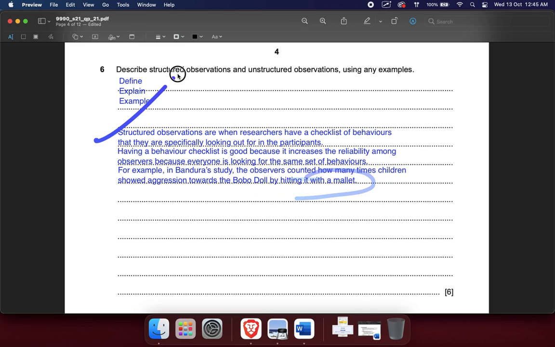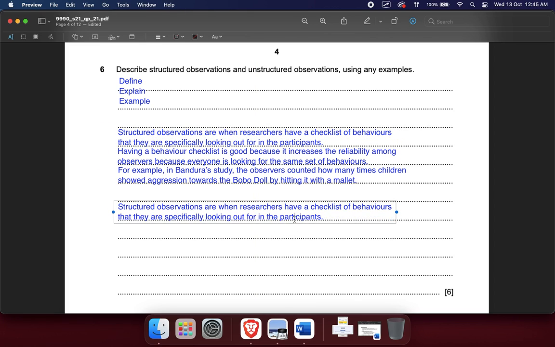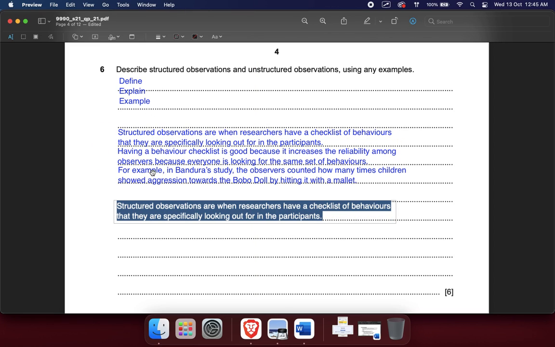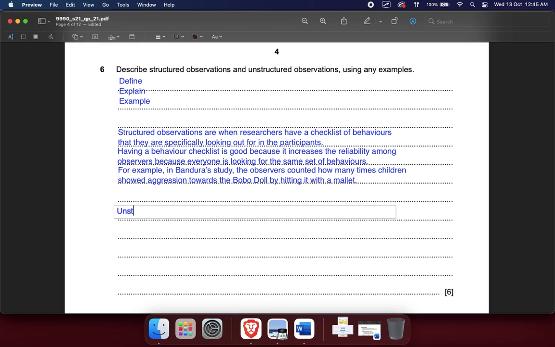Right, so define, explain a little bit, give an example. Ta-da, 3 marks, just like that. Halfway through. What's the second part? Unstructured. So following our same thing, define, explain, example. Unstructured